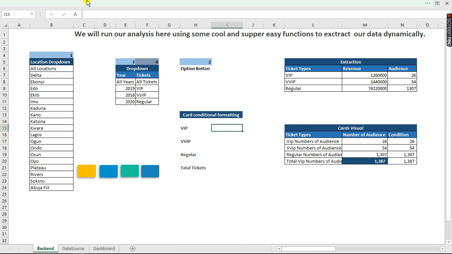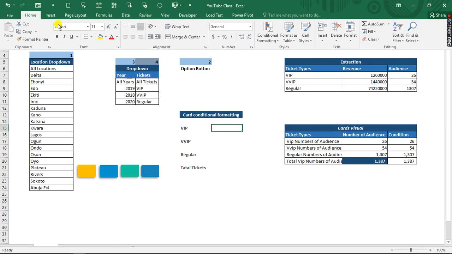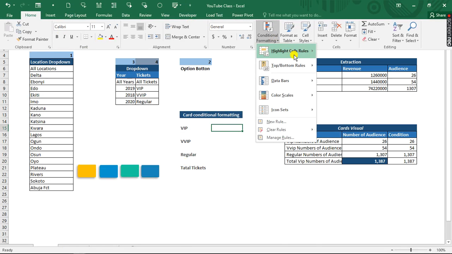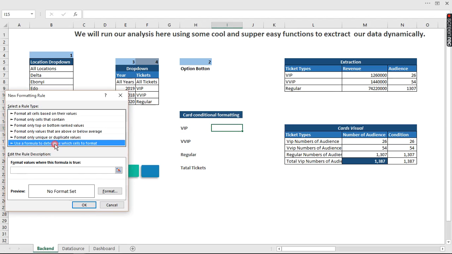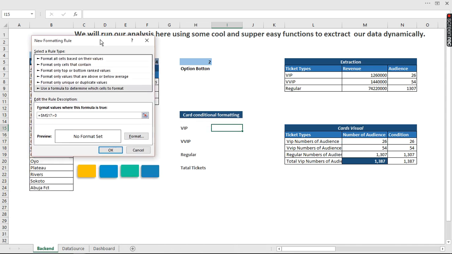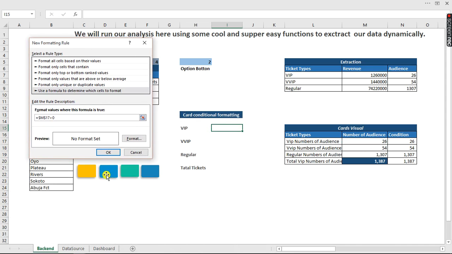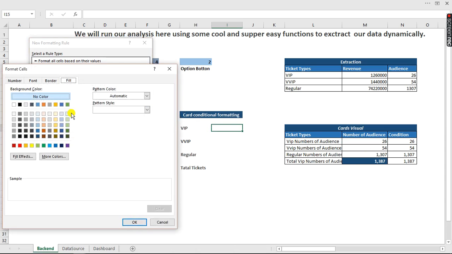So I'm going to add a second condition to it again, and actually go to conditional formatting and go to new row. I'm going to click on use this same formula. I'm going to click on this and click on the same place again. Now this time around, if this is greater than 0, what do I want you to give me? I want it to give me this very nice type of color. So I'm going to click on here, and